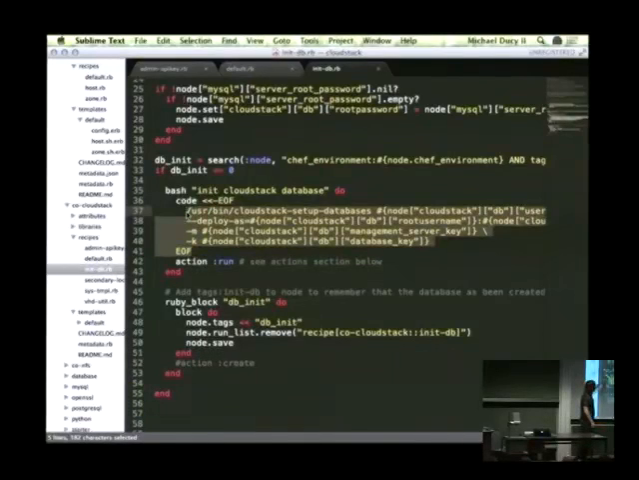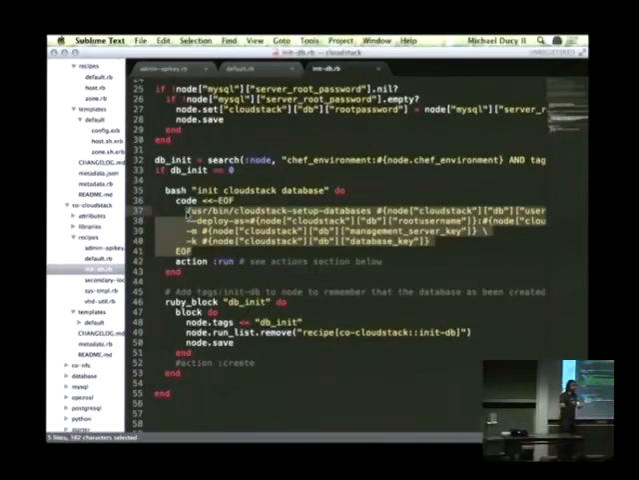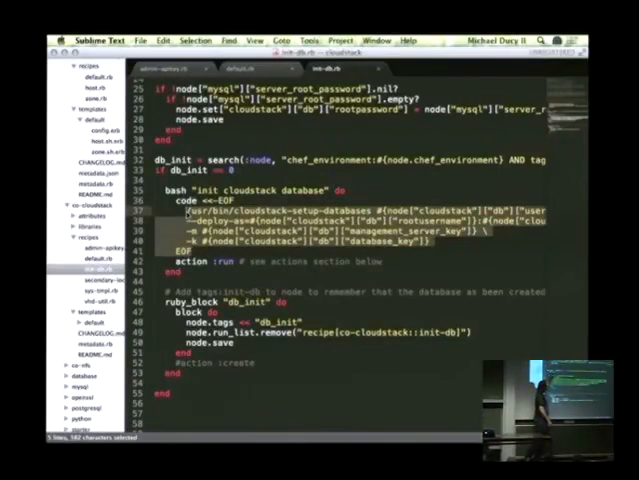So in this case, he's using some pieces of Chef to go in and query and say, did we already initialize the database? Because if we already initialized the database, then I don't need to do this again, right? And so he's trying to make it